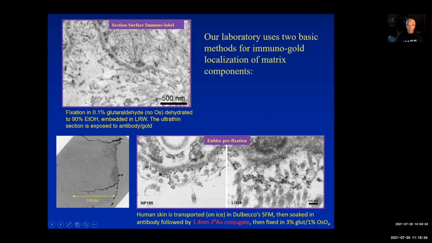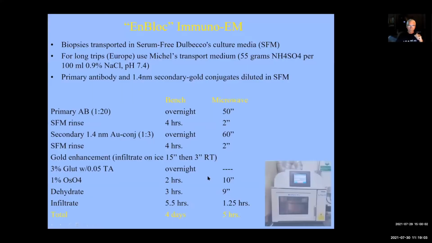I'll point out here that one thing that's very important in this en bloc method is to use 1.4 nanometer secondary conjugate. Now, 1.4 nanometer gold can't be seen in our electron microscope without a gold enhancement protocol, but the 1.4 nanometer gold penetrates far better than 5, 10, or 15 nanometer gold. So we use the 1.4 nanometer gold exclusively for any en bloc prefixation protocols that we use these days. This is the protocol that we use for en bloc